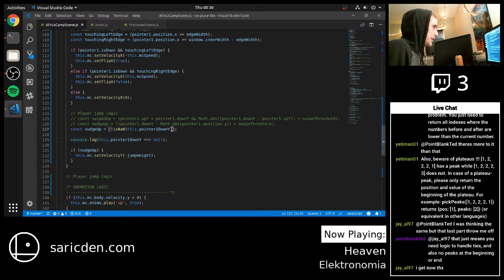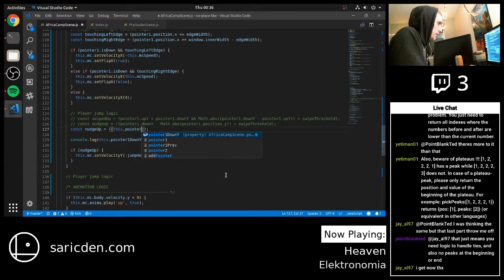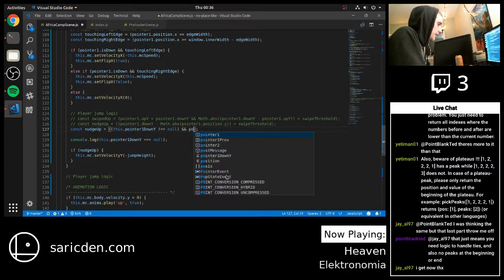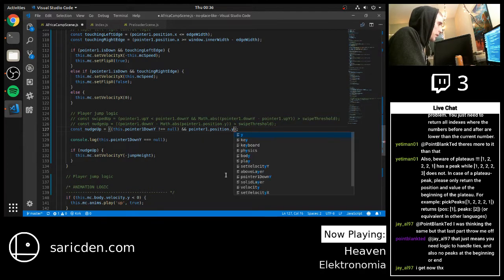So this isnan isn't working properly for our purposes. So this dot pointer one down does not equal null, so that meaning it's a number. And this dot pointer one, no, not create. Ooh, that almost got me. And pointer one dot position dot y is greater than, no, sorry,